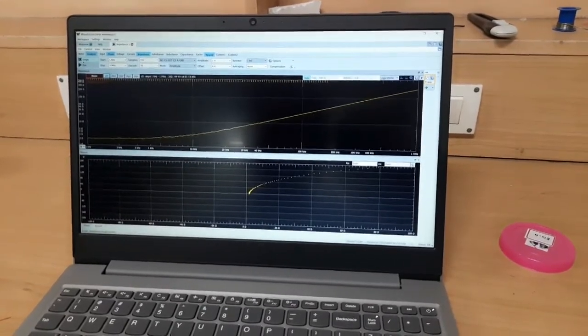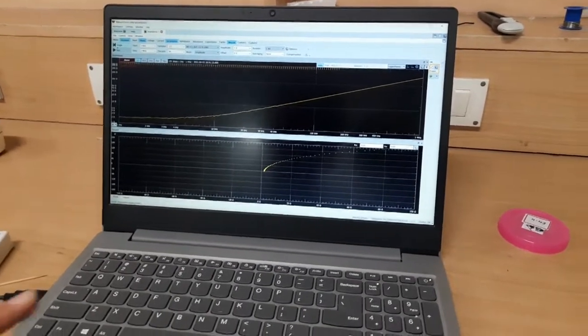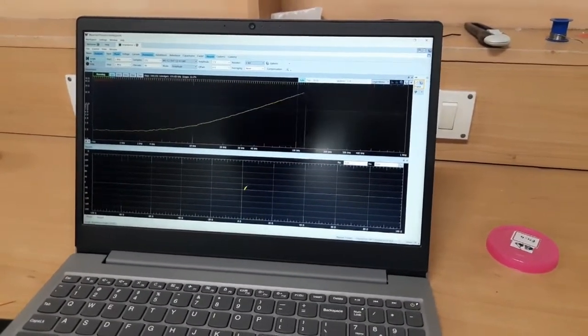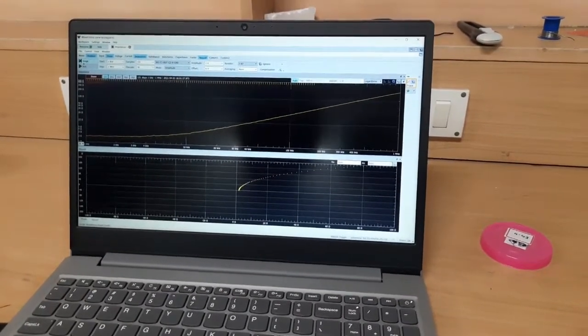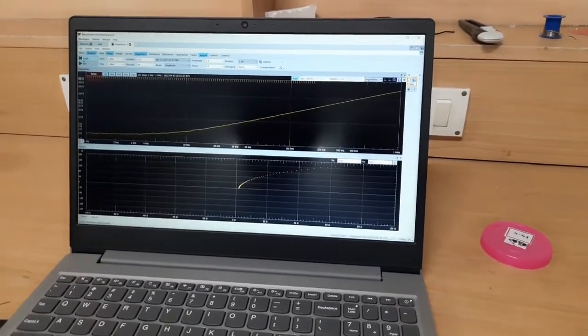See, the pattern or the curve that is coming is quite the same, right? So its value is not changing. So we can do it 2 to 3 times to ensure that the values are actually the same. After that we will take the data.